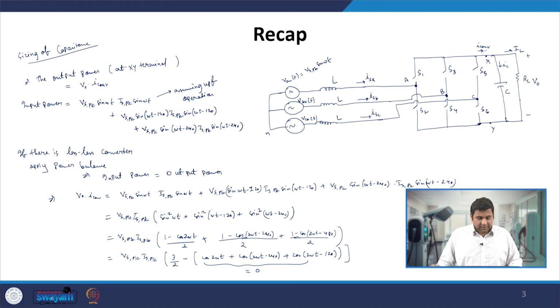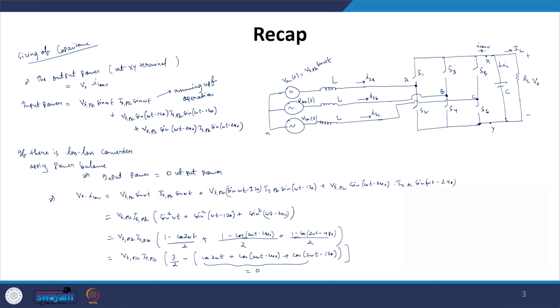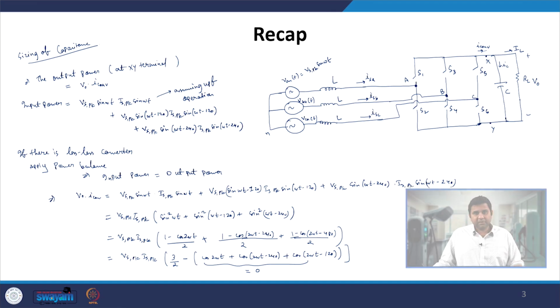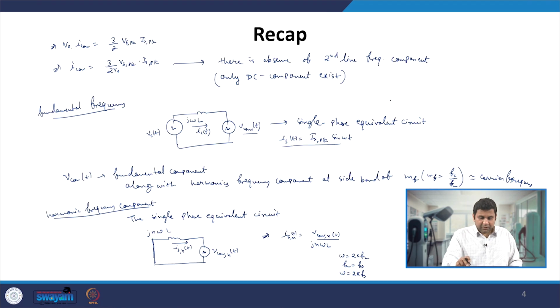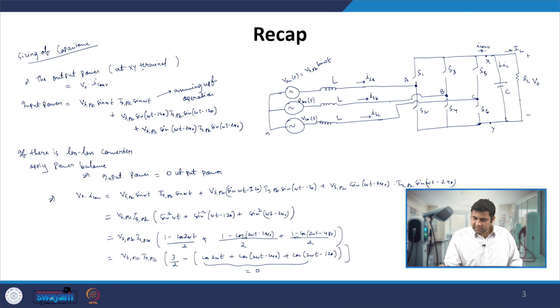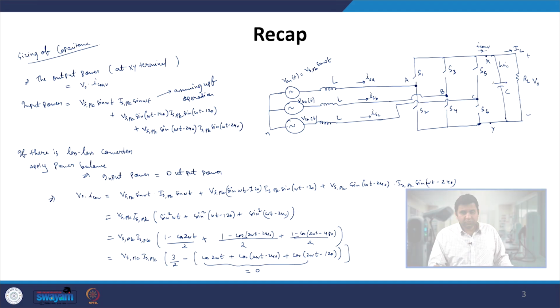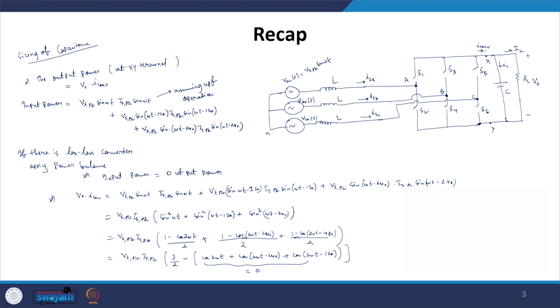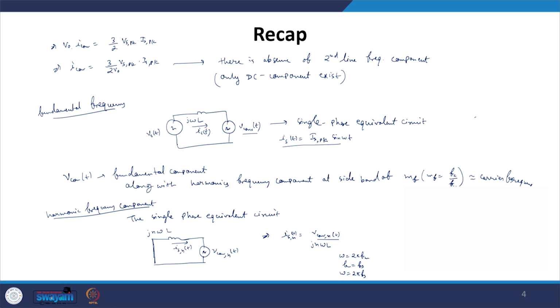However, when we did that, we did a simple thing: we calculated the input power and the output power, obviously considering only the fundamental current flowing through the converter. Finally we came to the conclusion that at the converter there is no second line harmonic component, it only has the DC component, and the capacitor blocks the DC current, so it goes directly into the load. However, this is not the case, because if we see the circuit for the fundamental frequency,